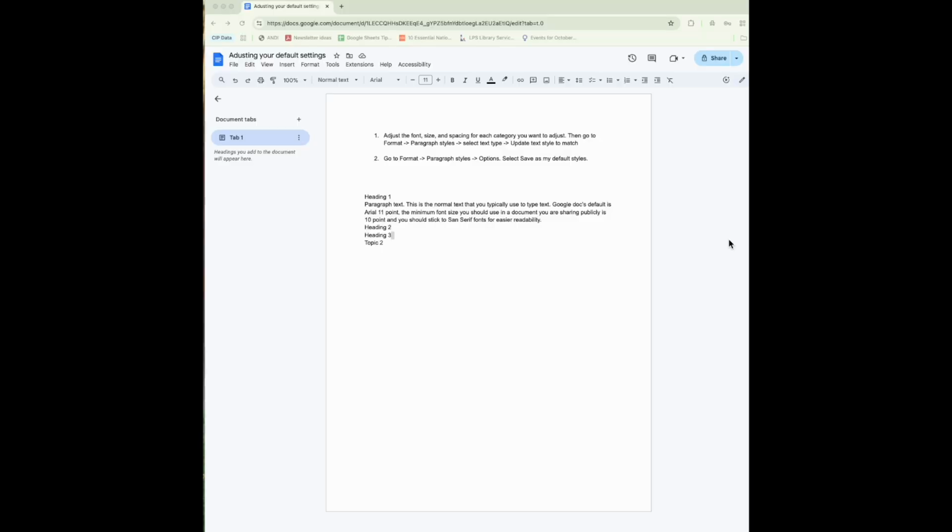I'm going to show you how to adjust your default settings in Google Docs. To start off with, I just have some basic text so that we have something to format. In Google, the default text is Arial and the font size is 11. And if you like Arial font, that is fine. But if you want to change that or change the default size or spacing, I'm going to show you how to do that and how to save it so that every doc that you open from now on will open